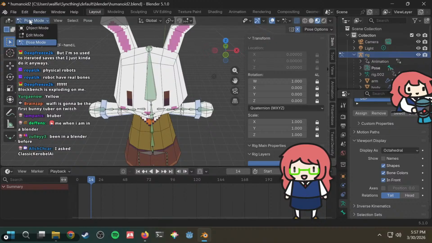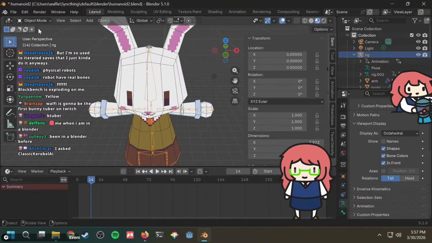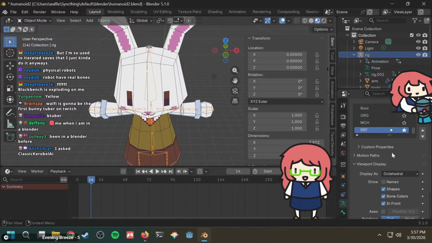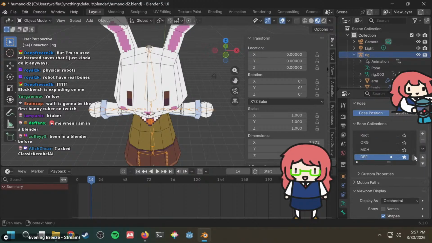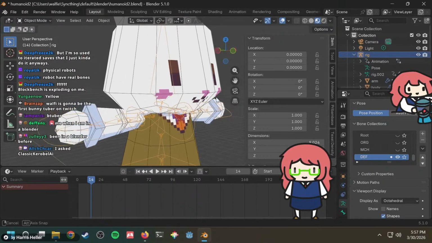Why can I no longer move it? In front. It is in front. Oh, but it's because I don't have the control ones visible? Is that it? Is that maybe I just need to... Oh, I see. I understand. Everyone, I get it. Don't you worry, I understand.